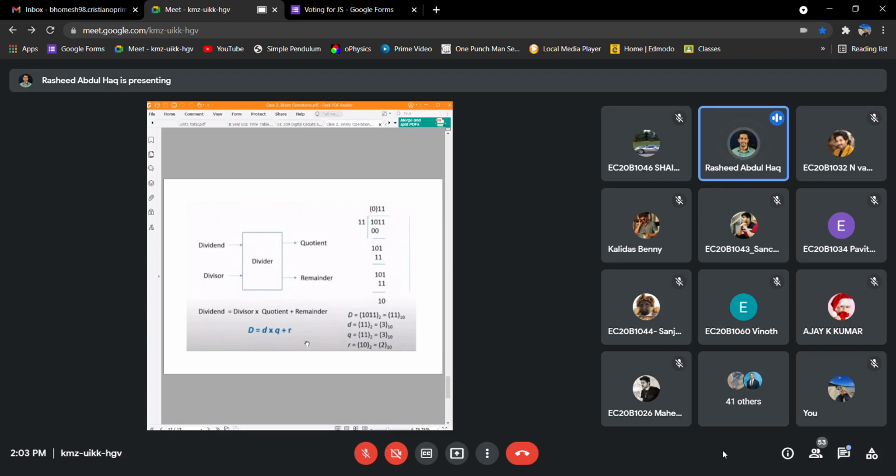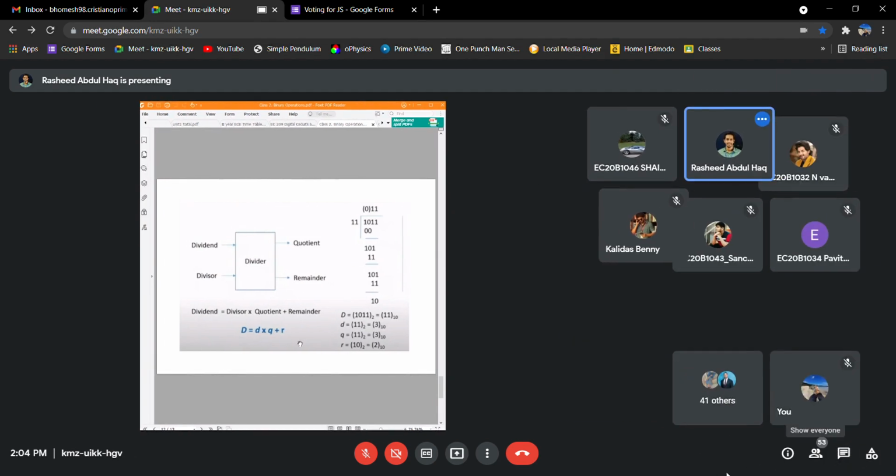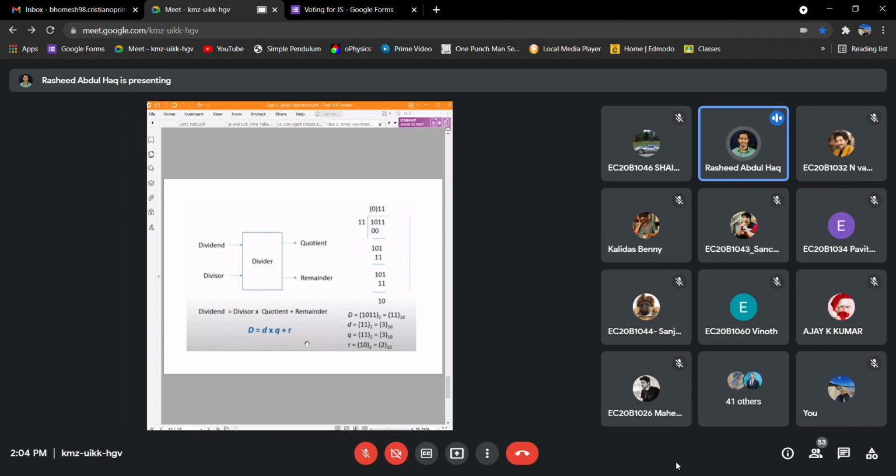We will explain the previous example also, where 1011 is divided by 11. In the first case it is divided with 10, and 11 is obviously larger than 10. So we will put a 0, which is not required because a 0 on the left-hand side is not considered. So we will take the next value, that is 10. After that 1 is substituted. 101 is obviously greater than 11, so we will multiply 11 with 1.